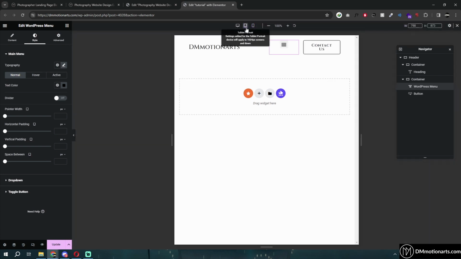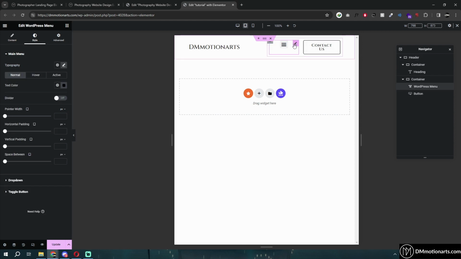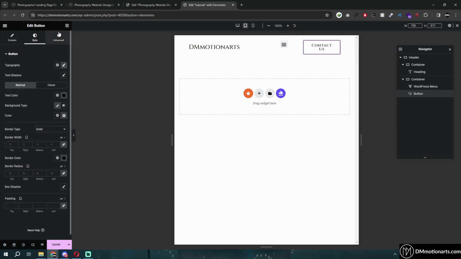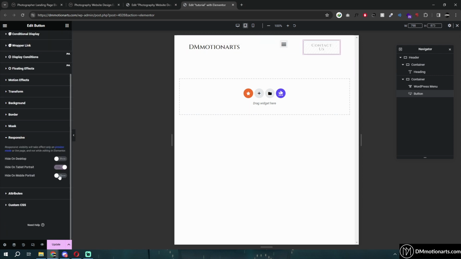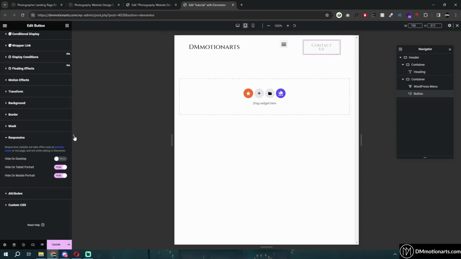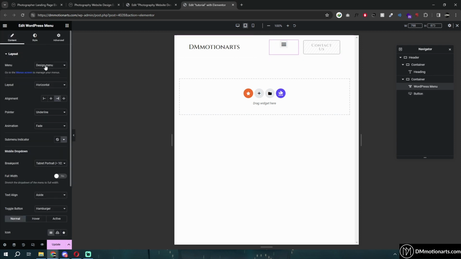Next is to make it responsive. What we can do is, here we will click here and make it be centered. Is it not centered? Why is it not centered? So what I'm going to do is make the contact us button hidden for the tablet and for mobile. So you can see I'll make it hidden, so when I move it like this, it just disappears. And what I'll do is, I'll also make this one actually hidden,